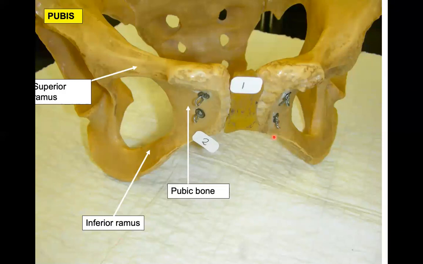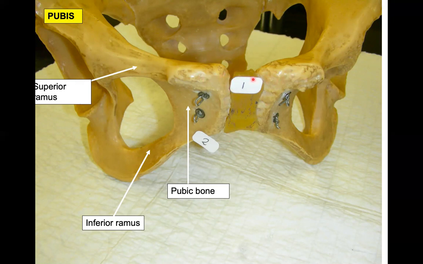If I bring the two pelvic bones together, they connect at this region, which is your pubic bone. So this is your pubic bone and this is your pubic bone. They come together. Within part of this pubic bone, we have the superior ramus and the inferior ramus. And another thing I want you guys to notice is that these two pelvic bones, or pubic bones more specifically,